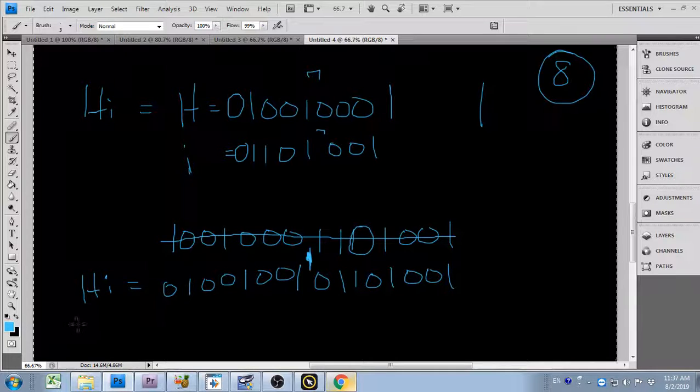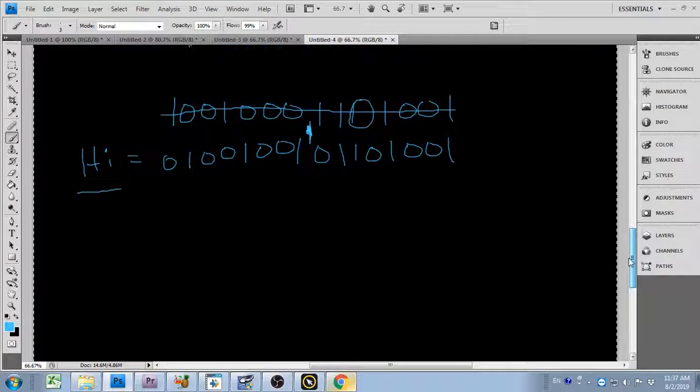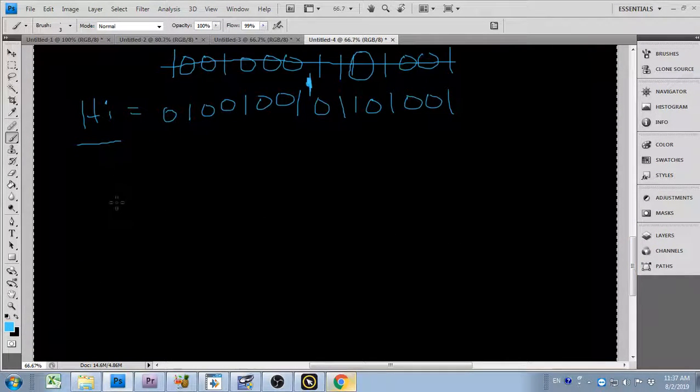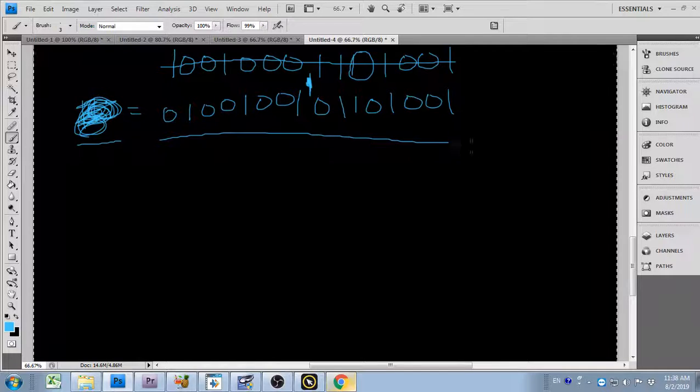I give you a short 2, 3, or 4 letter word, and you tell me what does it mean in binary. Or we may reverse it. I don't have one ready to go, so we'll just use the word high, and let's work backwards. Let's pretend you never saw this, and I just give you this. What does that mean? It's like a code. Well, you will divide it in 8,